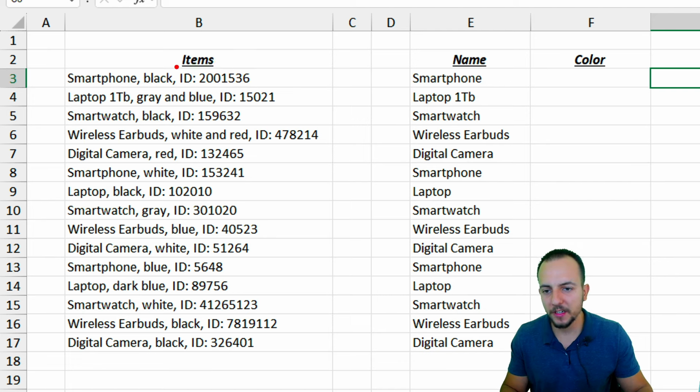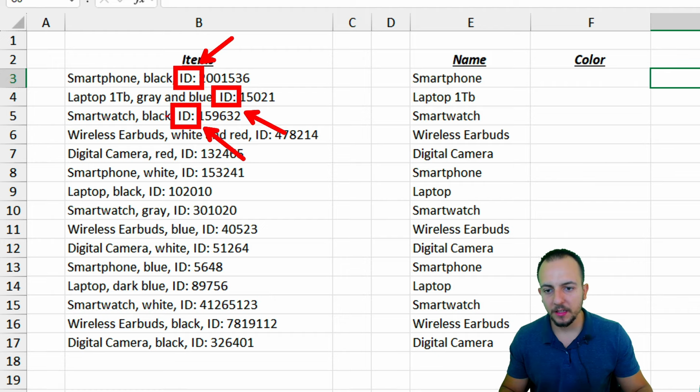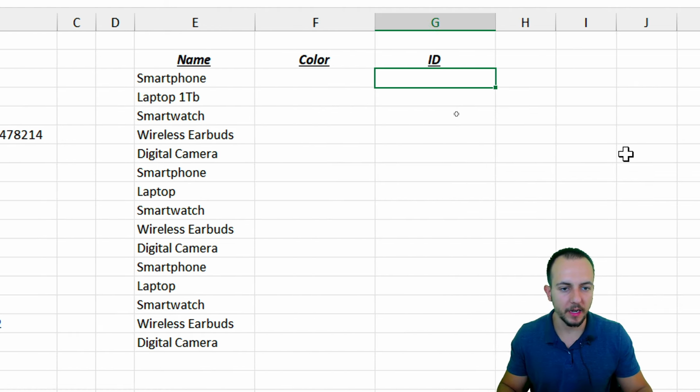Maybe we can consider the "ID:" or just "ID", I don't know. Maybe I can use "ID: " with the colon and space as the criteria. Those 4 different characters, I, D, colon, and space, to be used in the find function, because all the items have in common the "ID: ". Okay, so I can use this